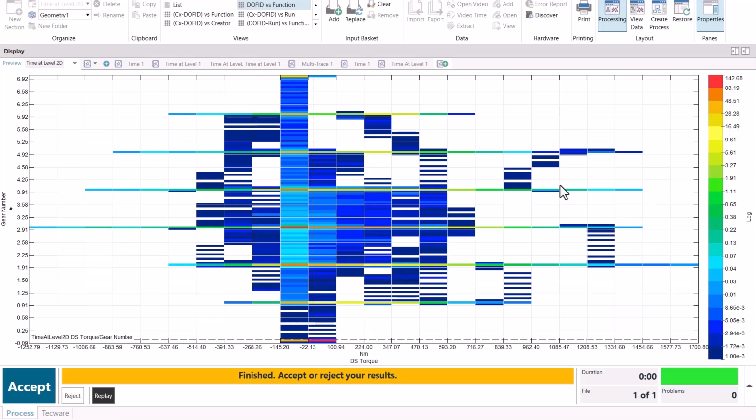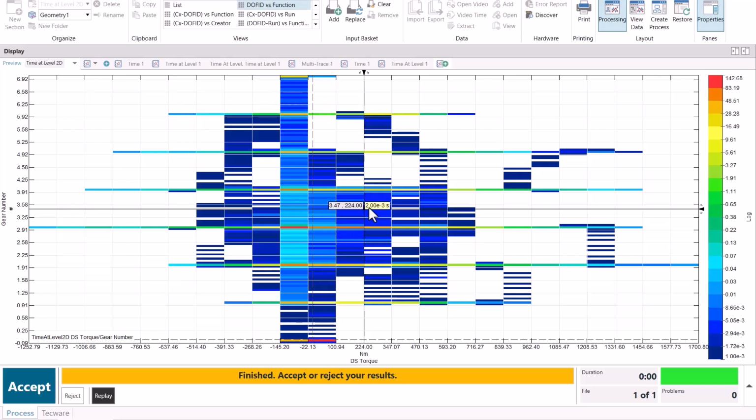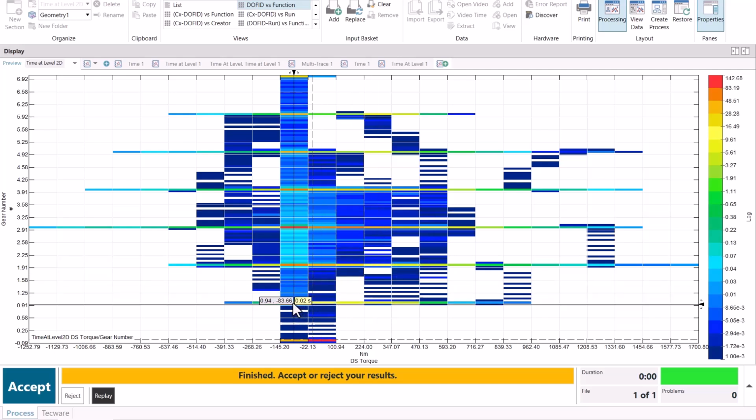My gear trace wasn't super pretty. There's some data points and a little bit of ripple when it's going from one gear to the other, so you see a lot of small occurrence counts outside of these 8 gears or so. But if I add a single cross cursor here and snap this to the data values, I can see how much time I spent in different gears. Essentially this horizontal line here is my first gear, and I can see what the distribution of torque values were as I was in that gear.